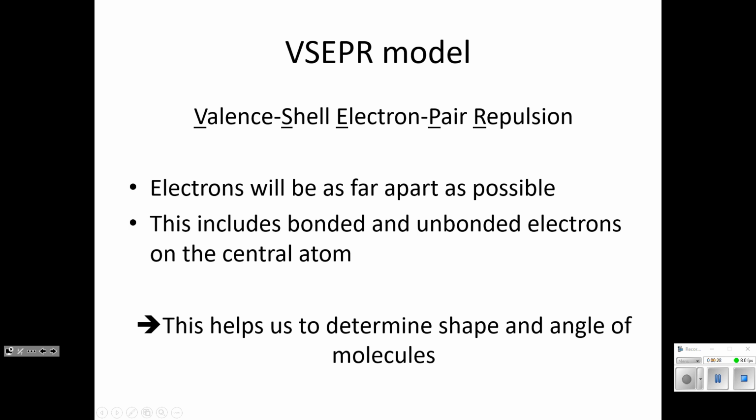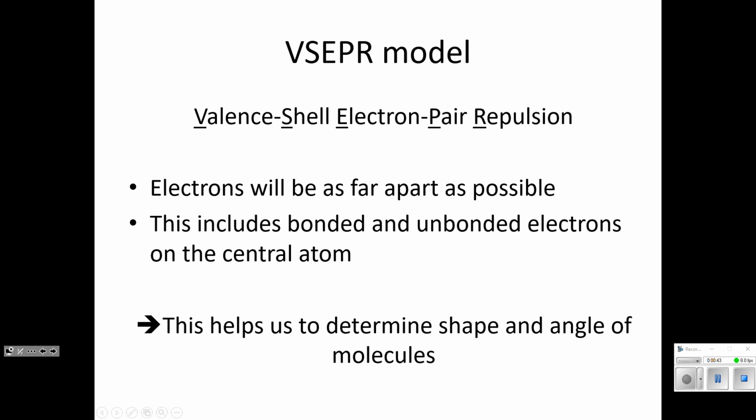So these are bonded electrons and unbonded electrons. So we use all this to determine the shape of the molecule. And hopefully, again, from last class, I tried to emphasize the fact that the unbonded electrons have a greater repulsion